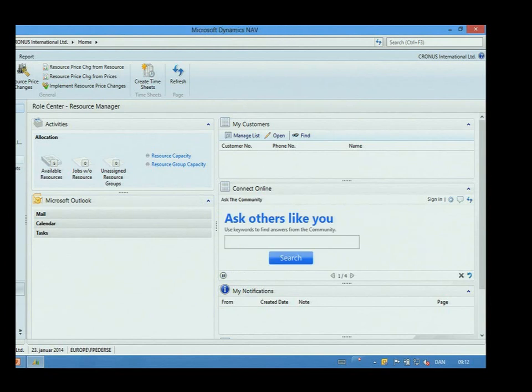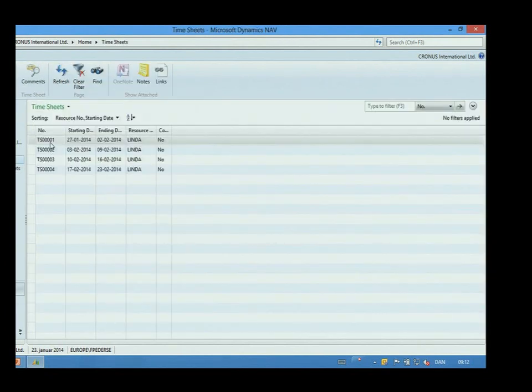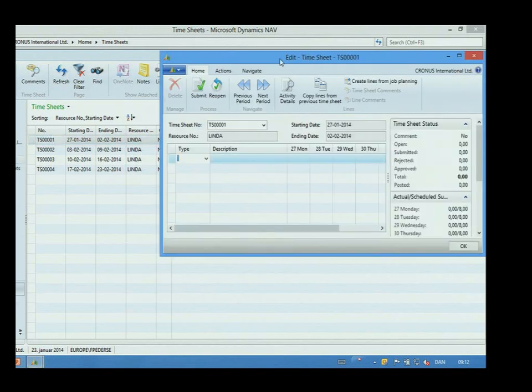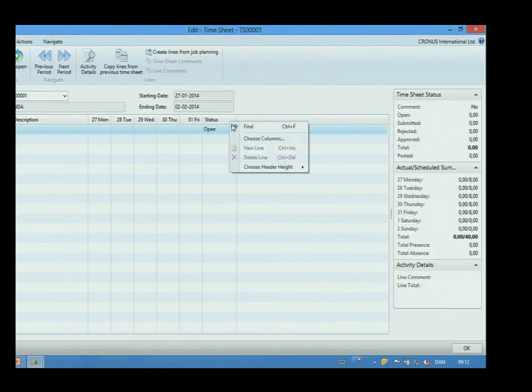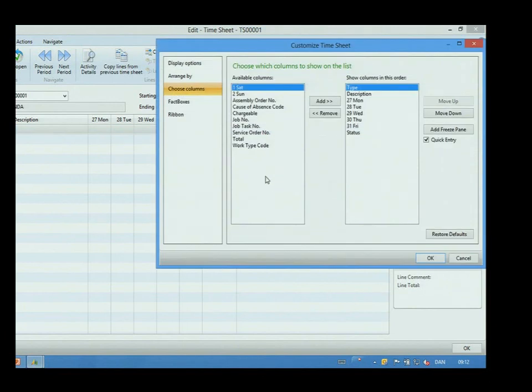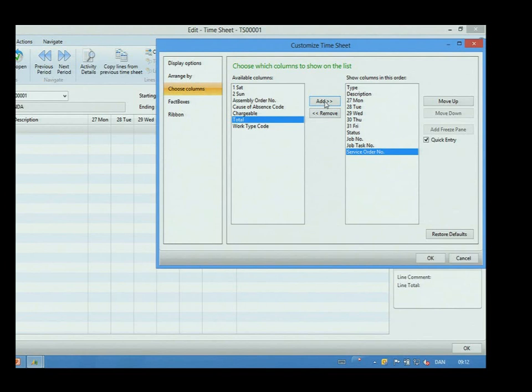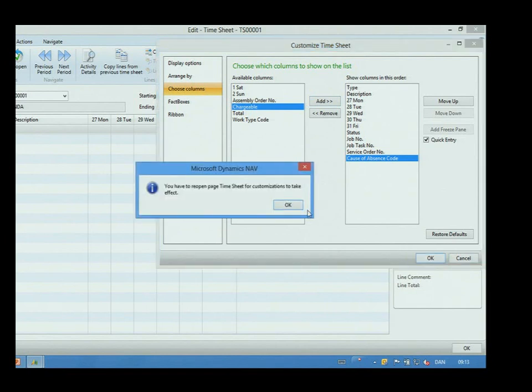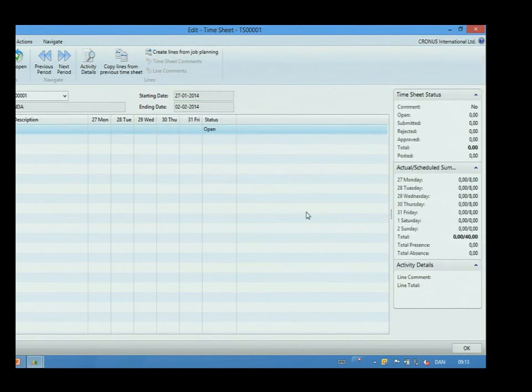So I'll go in the same way as the web client, and then take the first, and then I'll go up and say, okay, I need some new fields. I would like also to use the job number and job task, because I know that I'm working on jobs. I also work on service orders. I also need to have some cause of absence, because sometimes I'm sick. And that's it. I'll say okay, and say okay, and then I'll